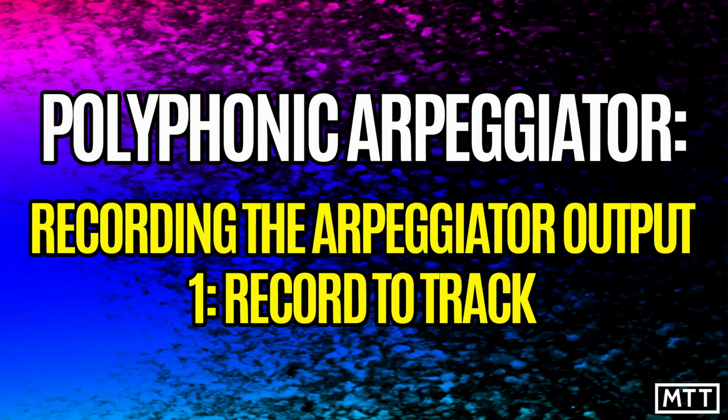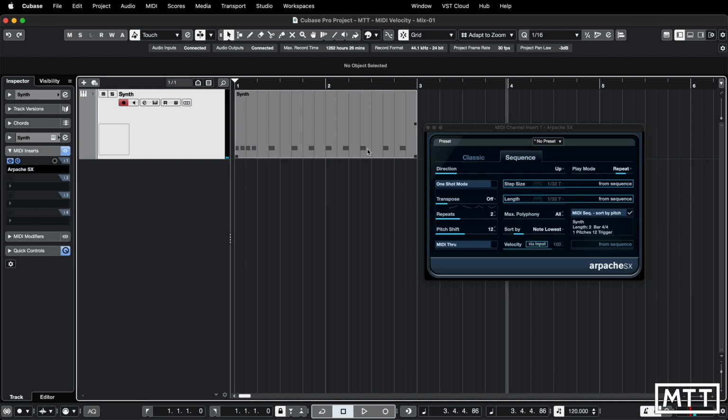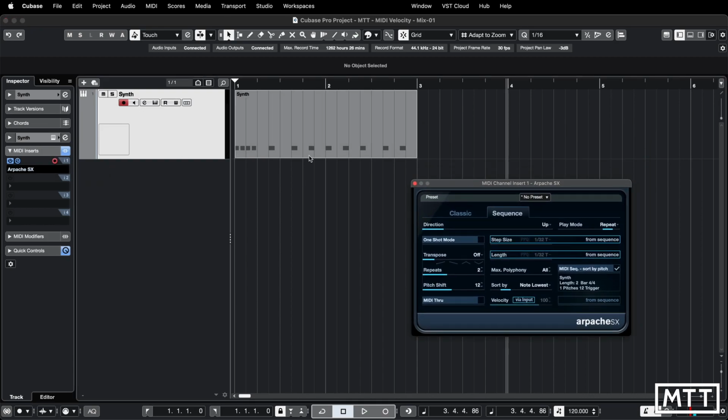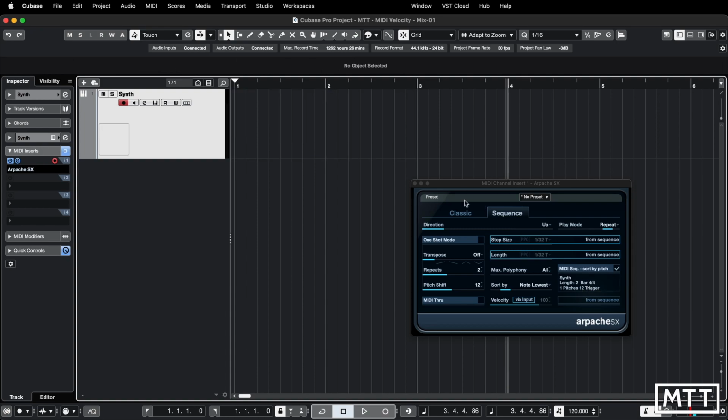There are 2 ways we can record this. You may have already seen this in a different video. Because I've got it as a MIDI insert, I can hit record here, and then that will record the output of this to the track so we can record it directly. So let's do that. Now we've got this, we don't need this anymore. We can delete that. It won't get rid of it here. So if I hit record,